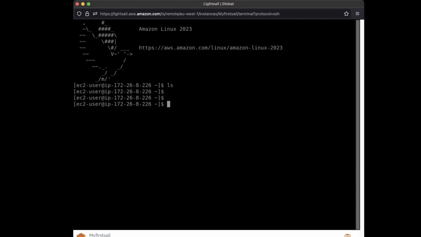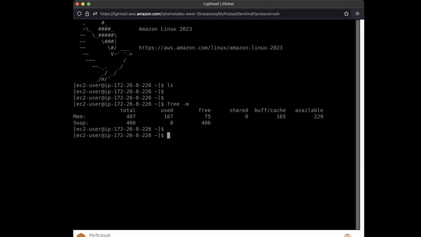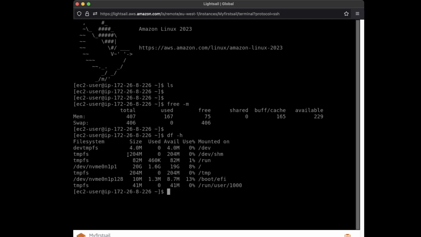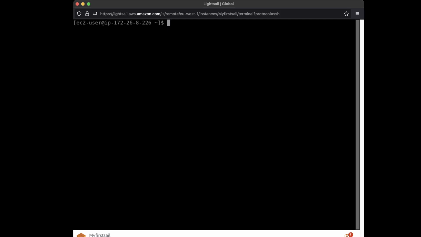Over here I have the instance I just launched, so you can see it's normal, it's an Amazon Linux instance. So you can check the memory, which we allocated 512 MB of RAM, and then we can check the disk space. It's basically 20 gigs that we allocated, and everything that you can do here pretty much works. So let's say we install an Nginx server,